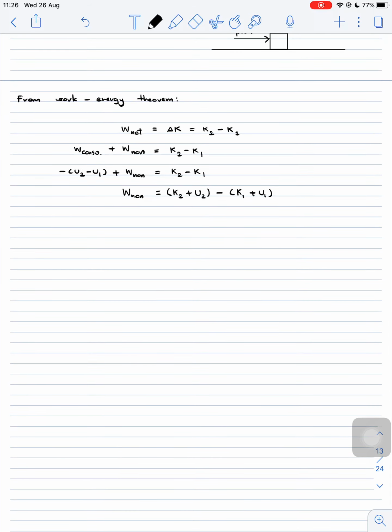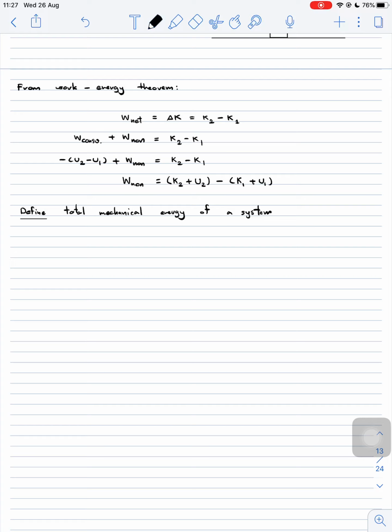So now let's define the total mechanical energy of a system. Again, right here I'm using the word system. It means that in a system you can have more than one object. You can have 2, 3, 4, 5, etc. objects in the system. So let me define the total mechanical energy of the system to be E equal